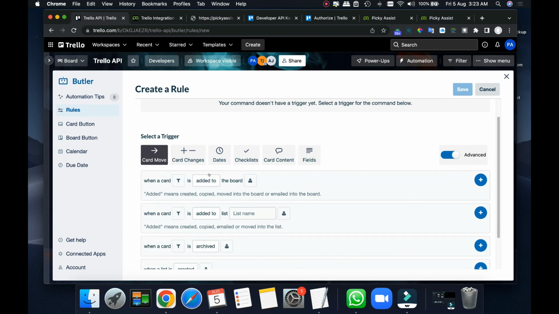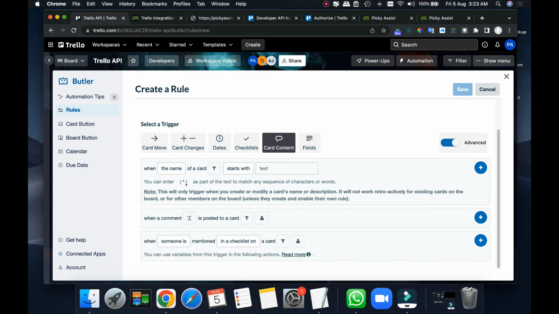You just have to select card content and then select when the name of the card, or the description, name, or comments, when a comment is starting with, with all these combinations you can add. Then whenever a card-specific comment or activity is added, only then will the trigger happen, and as a result one or many WhatsApp messages can be sent. You can even add users into a group, or inform your customers who are in a group about the progress of a specific process, if you are managing any kind of project management with Trello.